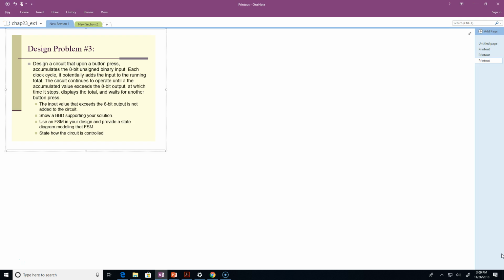So what this problem is doing is, I press a button and I'm going to start accumulating values. Essentially, I'm going to grab one value per clock cycle and accumulate it. And I'm going to keep doing that until one of those values exceeds the 8-bit range. Once it exceeds the 8-bit range, I'm going to keep displaying that output